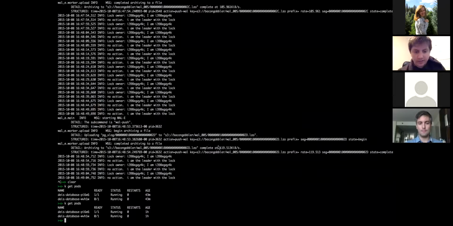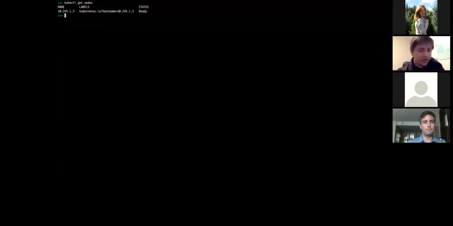So I've got a cluster going on over here. If I go into kubectl get nodes, I just have a Vagrant instance of Kubernetes, one master and one minion. And so it just shows that I have one minion node available. If I just go get pods, I've deployed onto it a